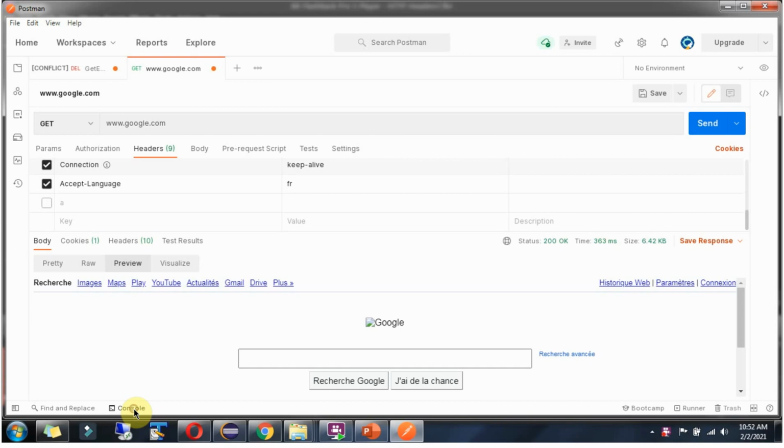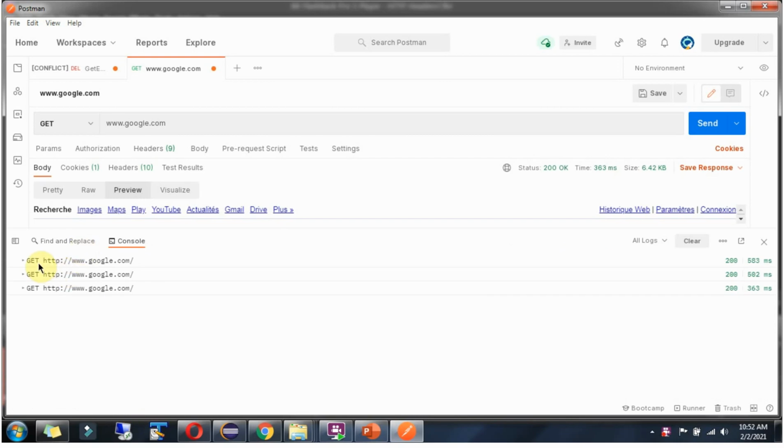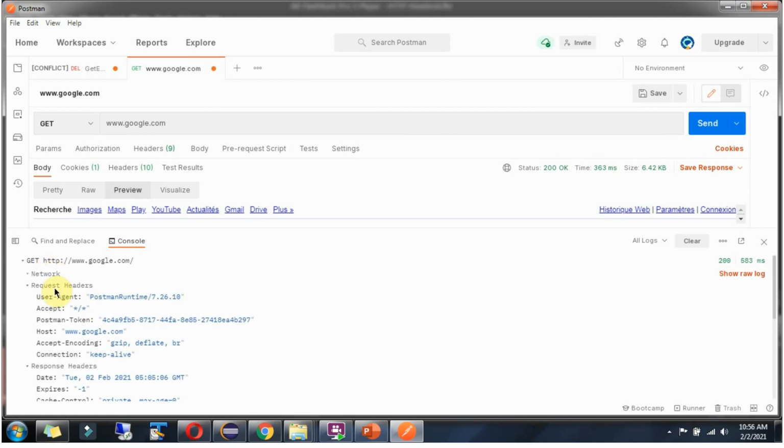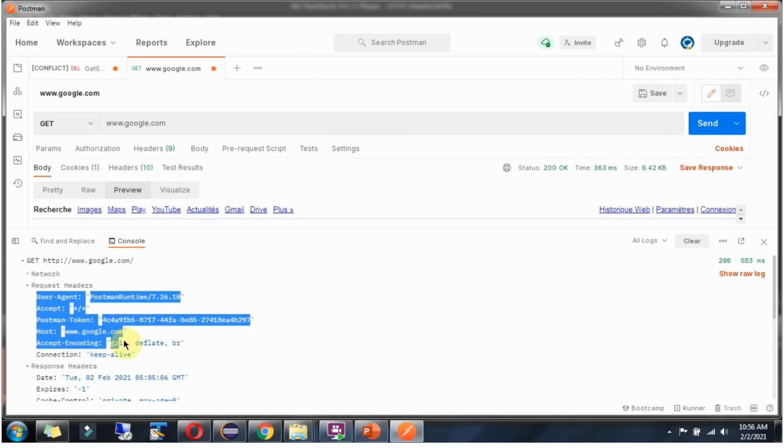Click on console, and this is the request. It went from Postman to the Google server. Expand this. Here you can see the request header section, and in that you can see the list of request headers that went from the Postman client to the Google server.